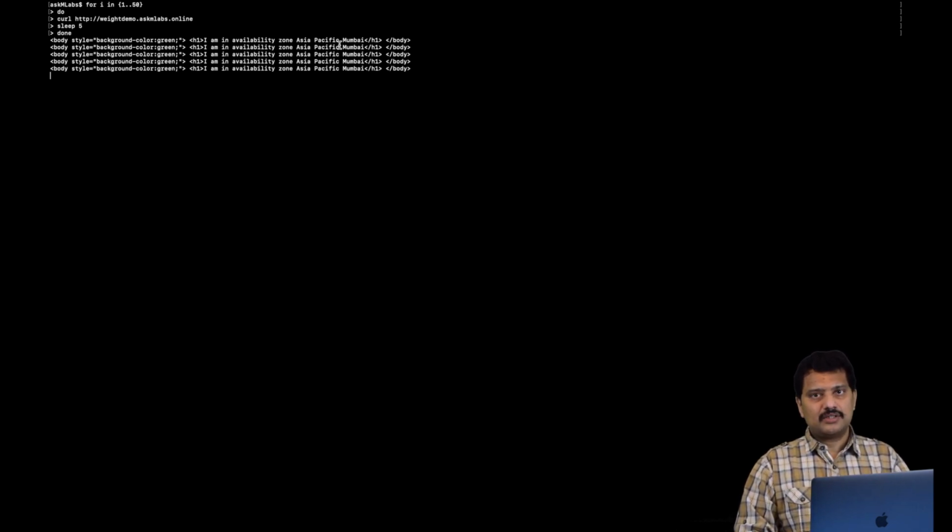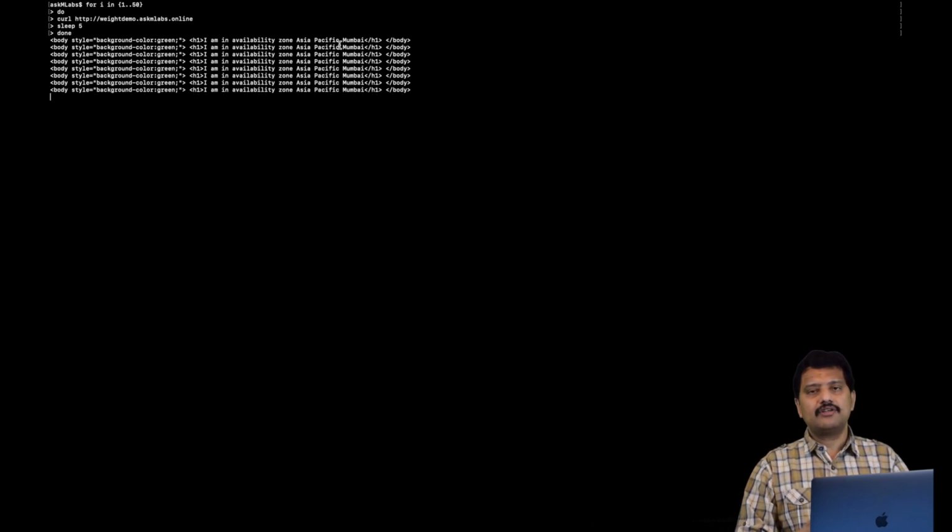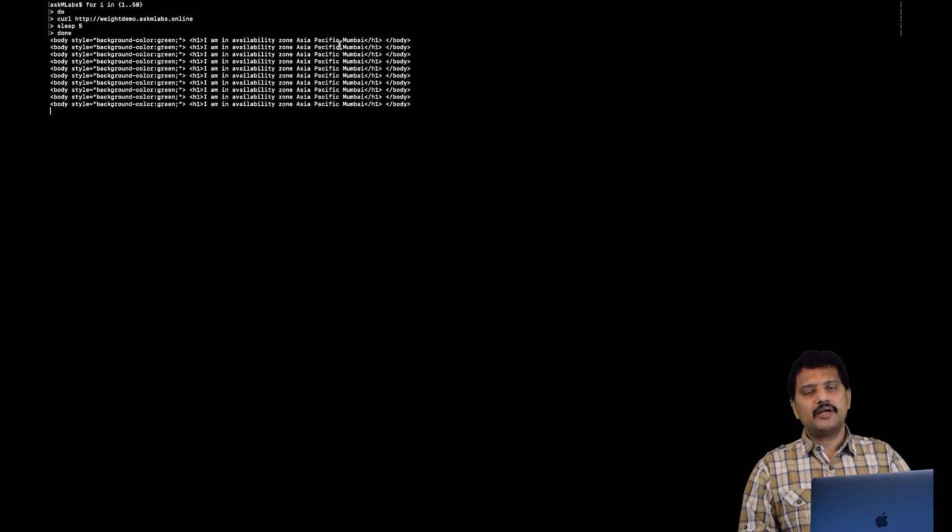When it switches to a different record, that means the weight is switched on that particular record, and it moved to a different weight. But sometimes because of the DNS cache and the time to live value, even if it did multiple tries from a single terminal, it may not go to a different IP, just because the values are cached and the weight on the DNS record may not be effective.